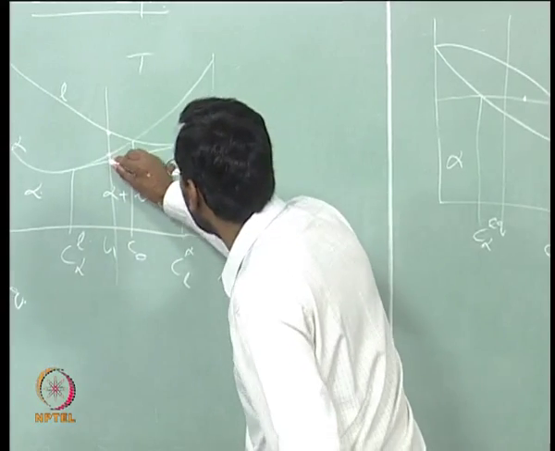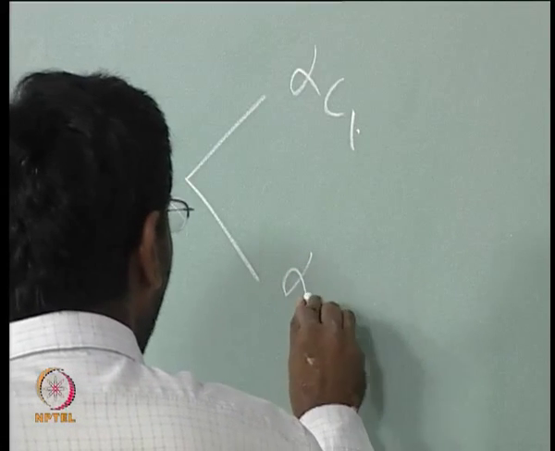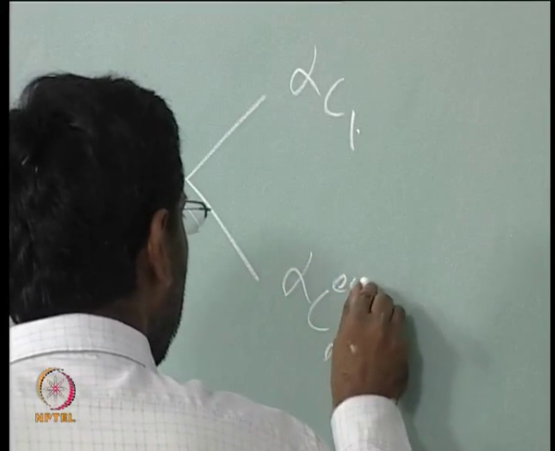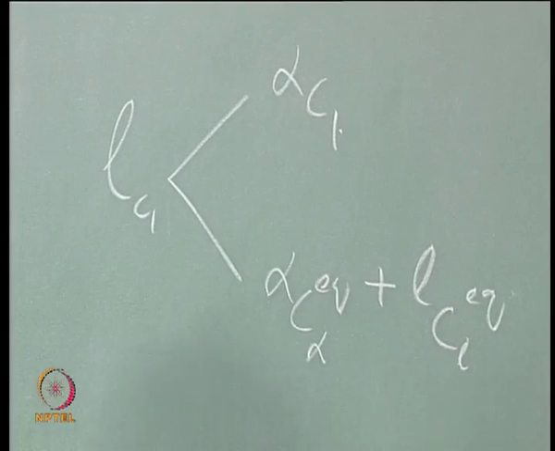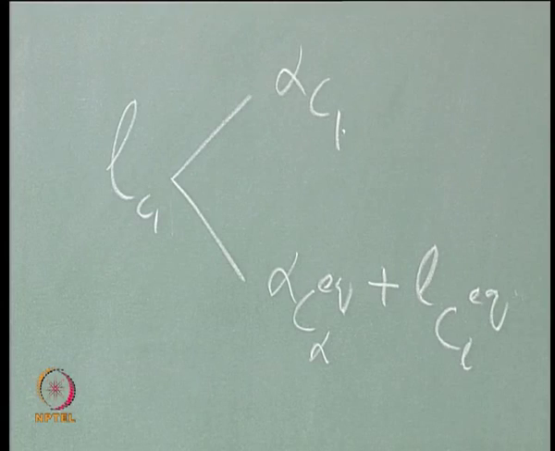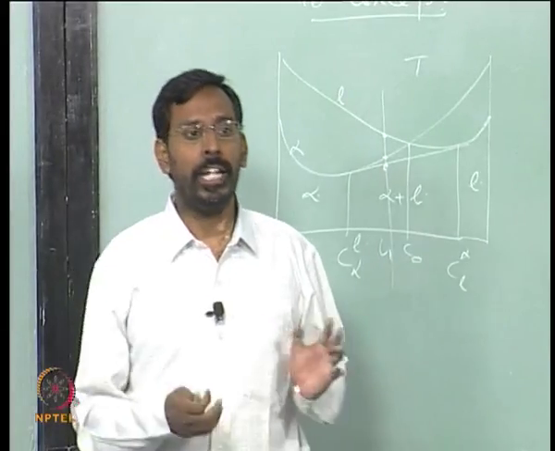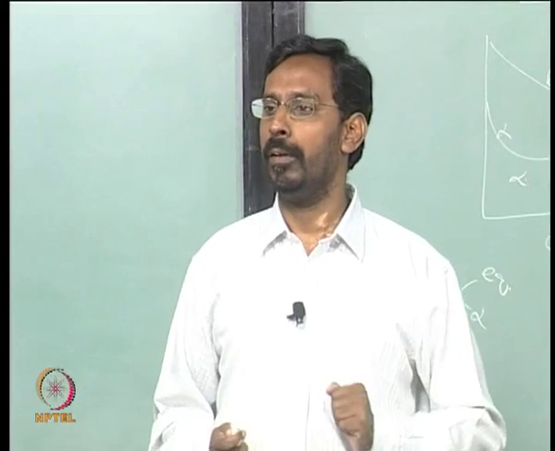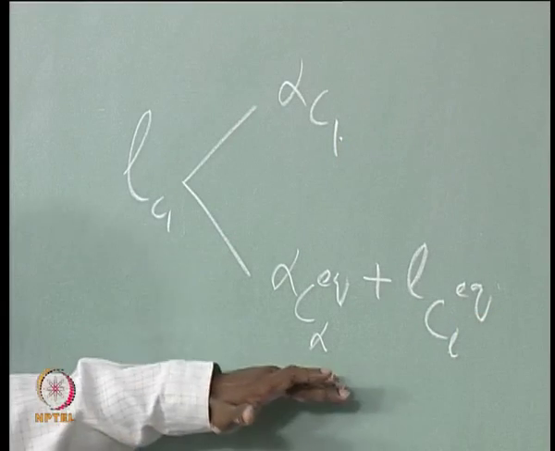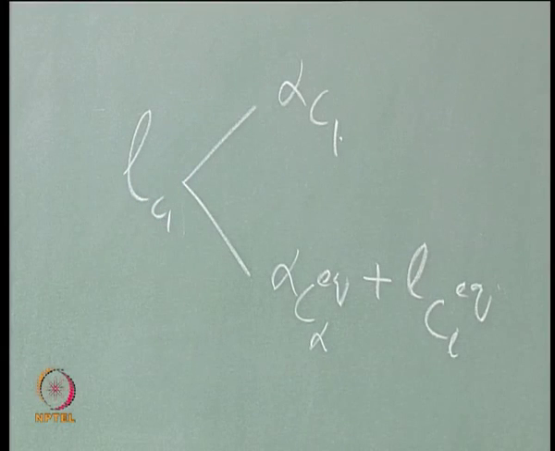So, this is the second possibility. What is the second possibility? It can give you alpha of C alpha equilibrium plus liquid having C liquid equilibrium composition. These are the two possibilities we saw yesterday in the last class, and then we said if you are cooling the alloy under equilibrium conditions, that means the time available is very large, then the second possibility will hold good. The liquid having that composition will split into these two,